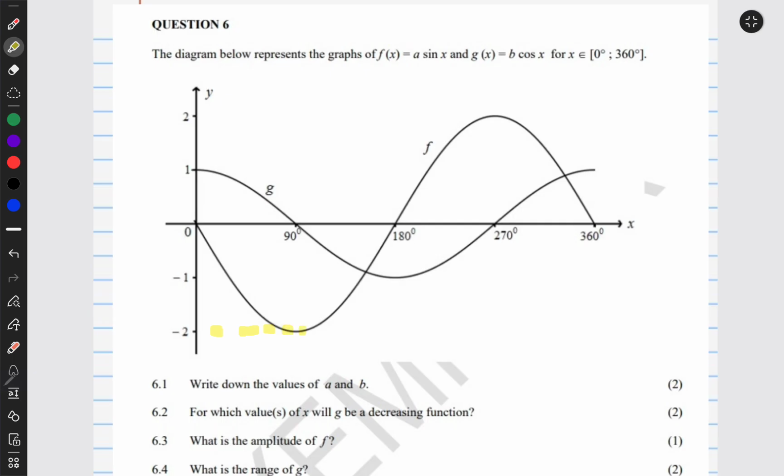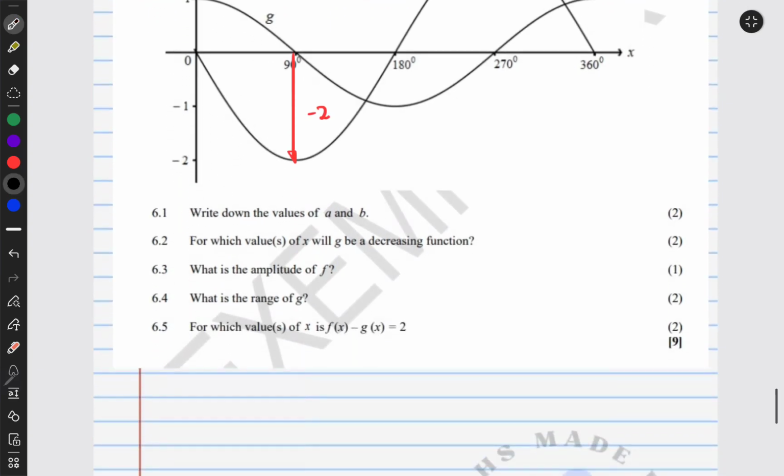The maximum point is 2. So the value of a will be the distance from the baseline of the function to the minimum point, since our graph starts at the beginning, or it has been flipped. So the value of a is that distance, which is -2. We take it with the sign. So for 6.1, we're going to say a is equal to -2,